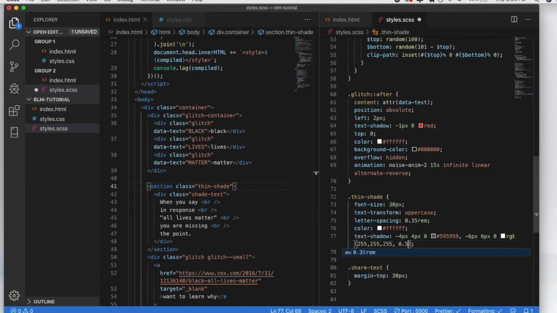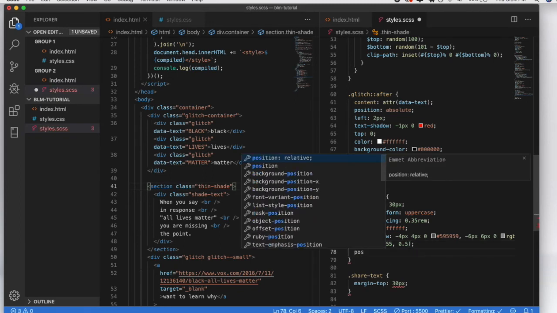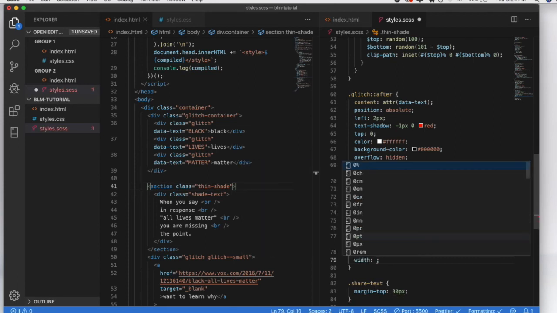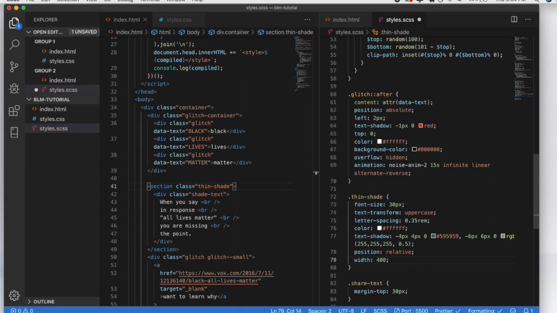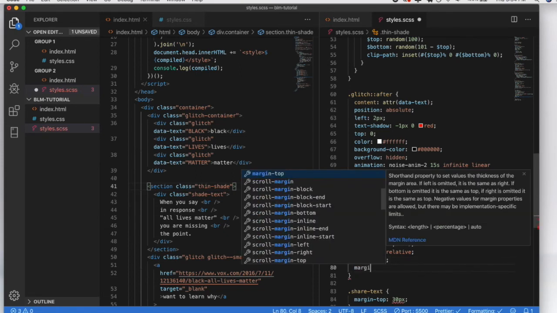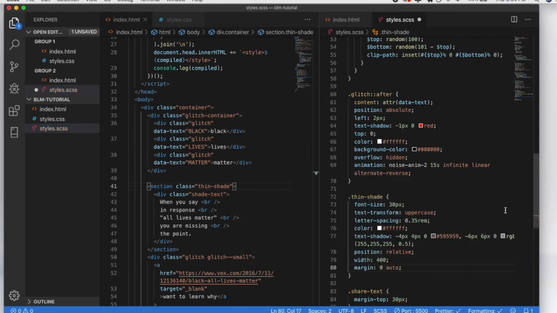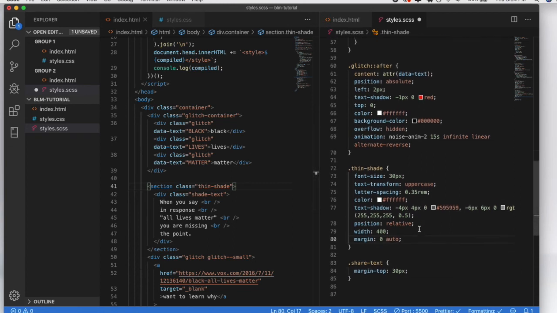And then let's give this position relative. And also width of 400. And margin 0, auto to center it. Cool. All right. Next, I'm just going to quickly put in some media queries,